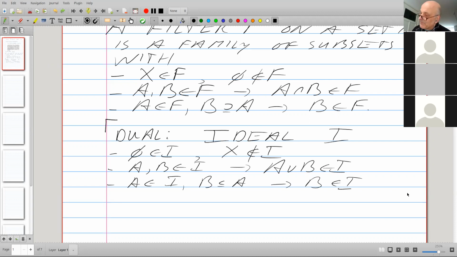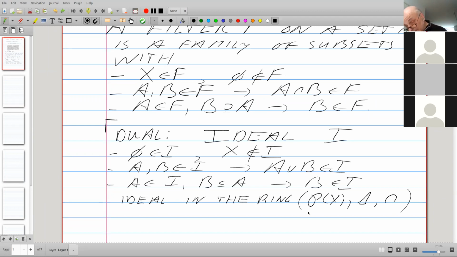And by the way, this is an ideal for those who have done their algebra and ring theory. This is an ideal in the ring, what?